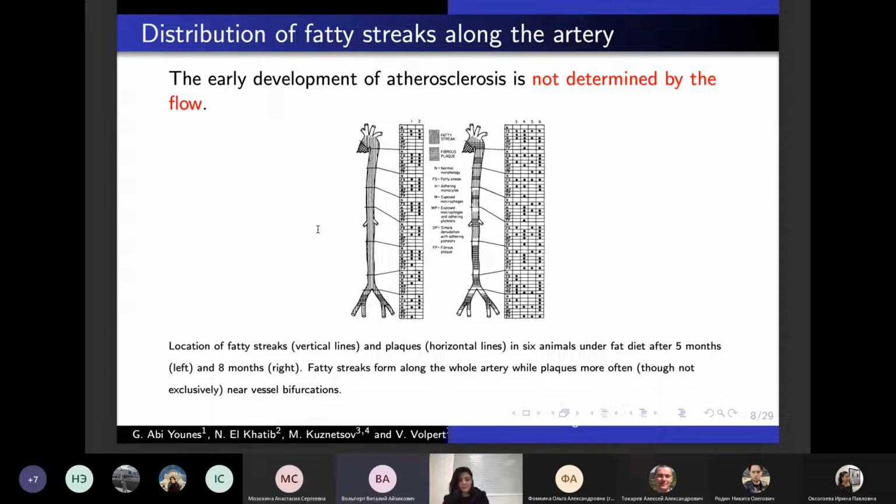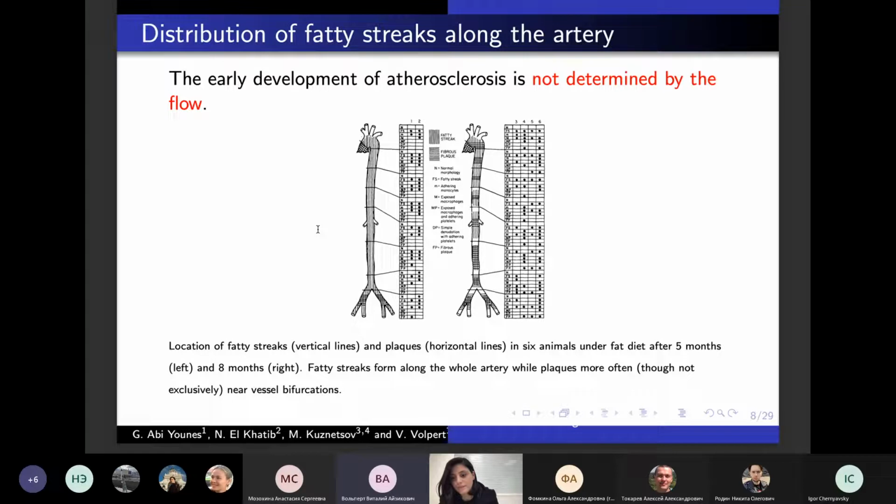There, in some places, reduced shear rate, perturbations, turbulence, and low shear rate act on the endothelial cells. These endothelial cells can become damaged or activated, and all that promotes the development of atherosclerosis. This is why very often the formation of atherosclerotic plaques, meaning advanced lesions, is related to vessel bifurcations. And this is the point of this work: that the formation of fatty streaks early, just the beginning of this formation